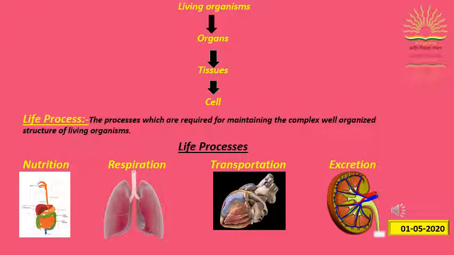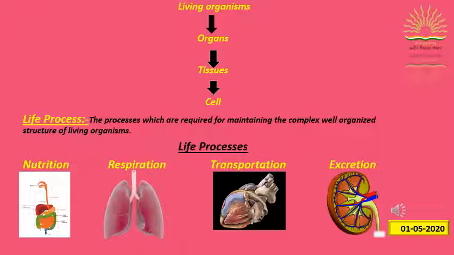We all know that living organisms are made up of many different organs like lungs, liver, stomach, kidney, heart, brain, etc. All these organs are made up of different kinds of tissue to perform their function. These tissues in turn are made up of many cells. So to maintain such complex organization, living organisms need to have a maintenance and repair system.